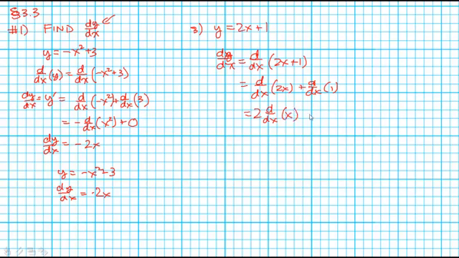The derivative of 1 is 0 because it's a constant, or 2 times, and then the power rule says bring the power down, reduce the power by 1,